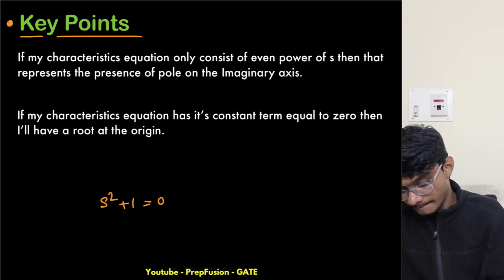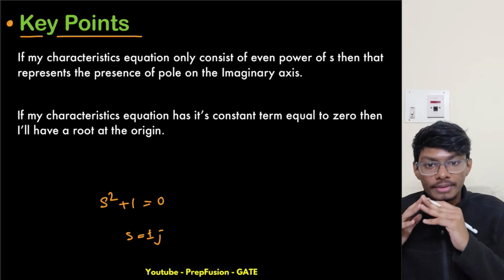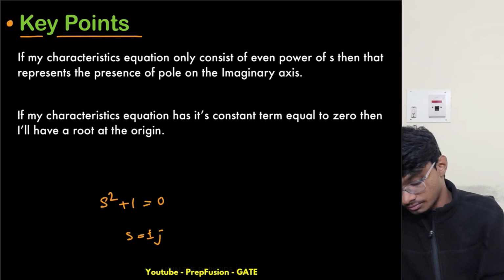I get s equals to plus minus j. So what does this mean? This means my poles are at the imaginary axis. Okay, so now